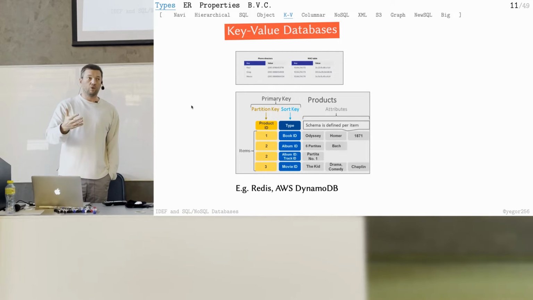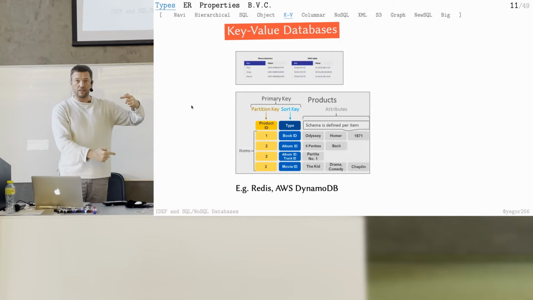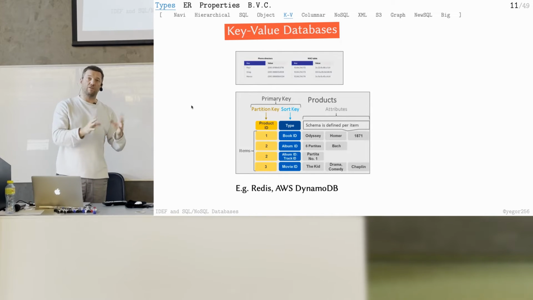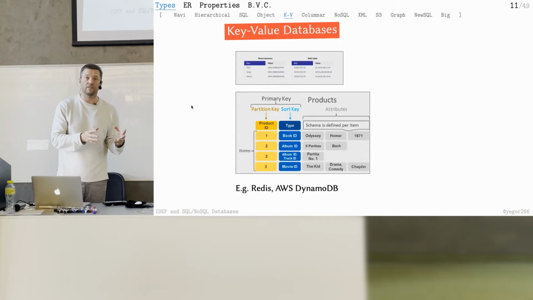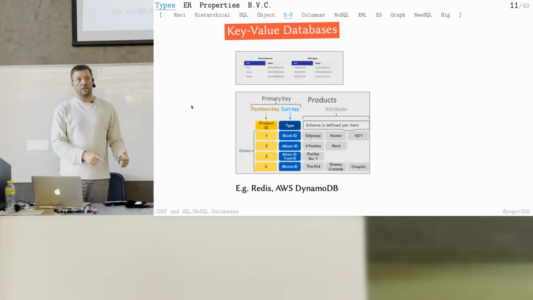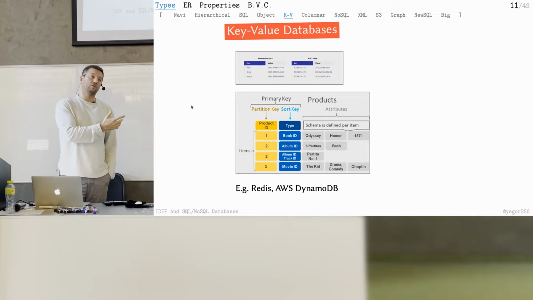So what you do, you install Redis here, and when the request comes in, you check in Redis, in this very fast key value database, because it's extremely fast. It's much faster than going to the database and returning back. It's going to be microseconds. So you check in this key value database, you find the price of the book, and return immediately to the user. It's a caching layer.